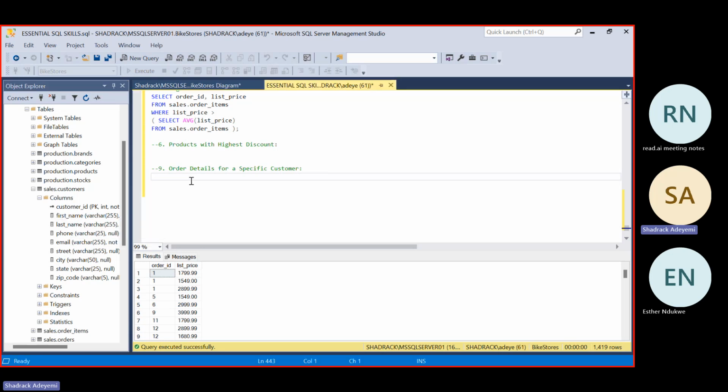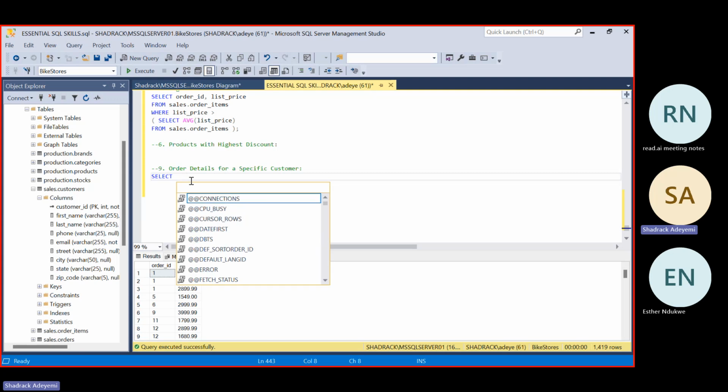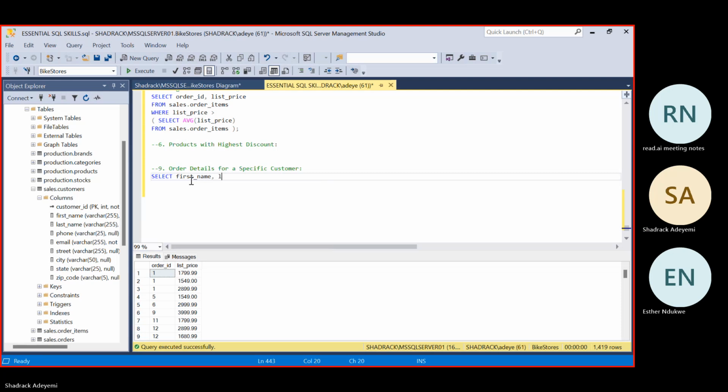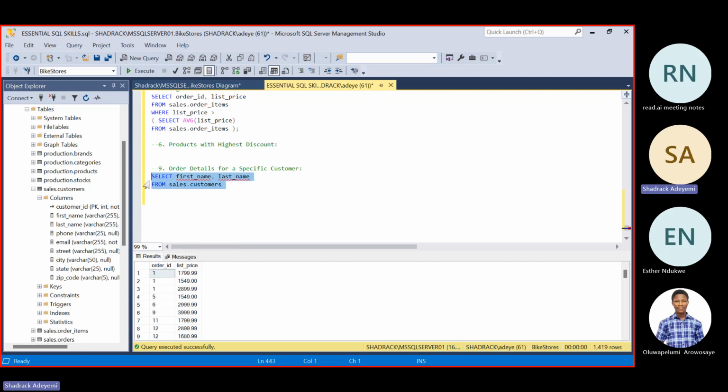Maybe let's say we just write a select statement, we want first name and last name information. Select the first name and the last name from the sales.customers table. I just want to quickly know the names of some customers.